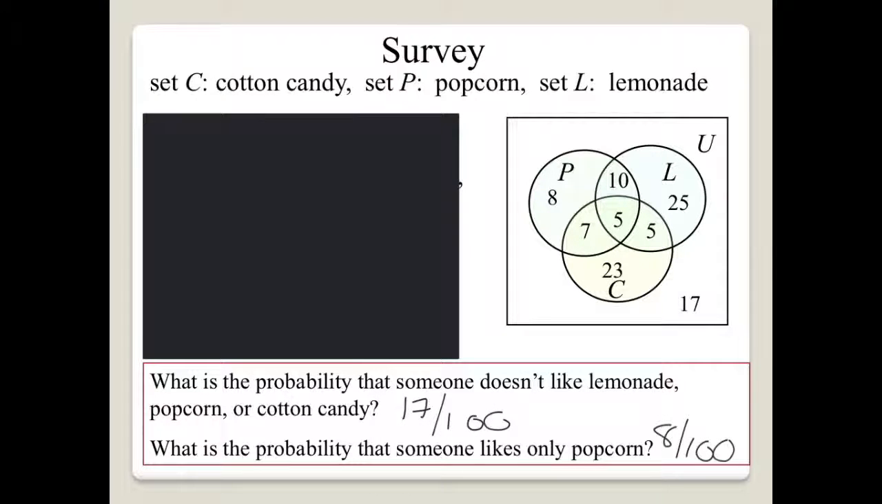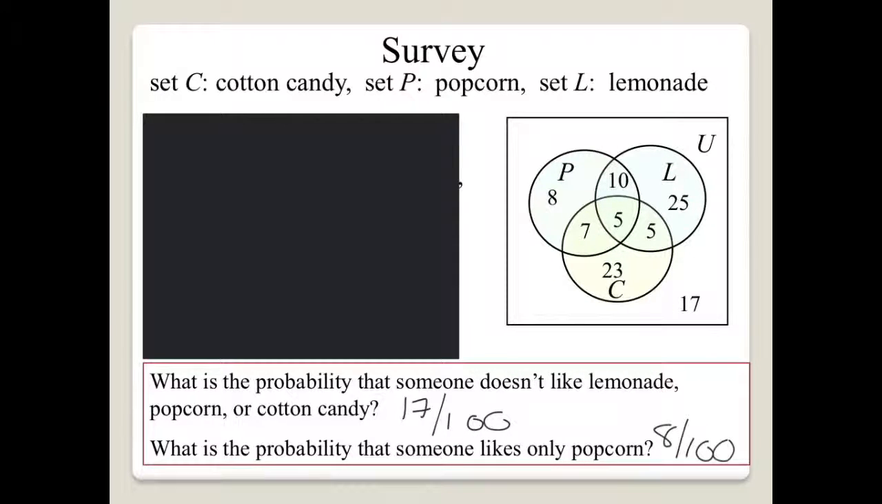Alright, so looking at a question here, the probability that somebody doesn't like lemonade, popcorn, or cotton candy means that they don't like any of the 3 things. That group is 17 on the outside, so our probability is 17 out of 100. To get that 100, it wasn't told to you the total population, so you would just add all the numbers